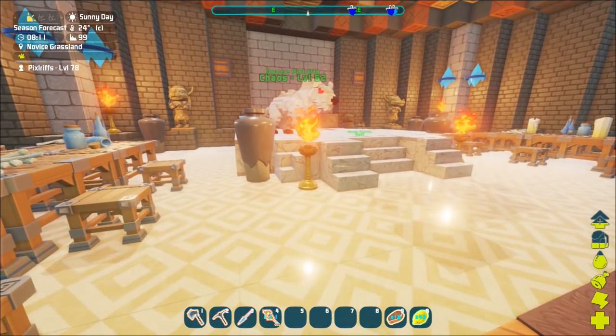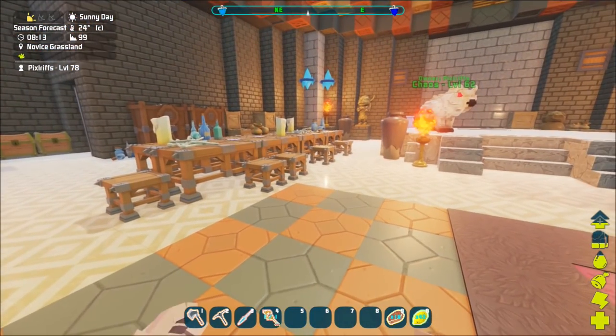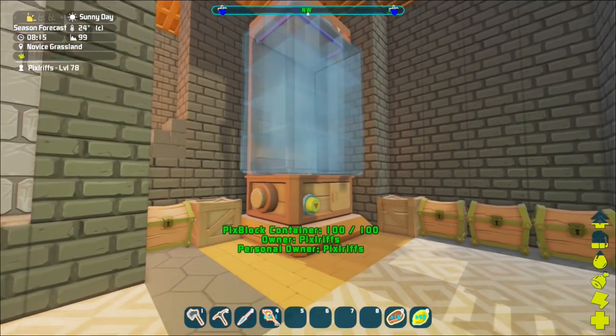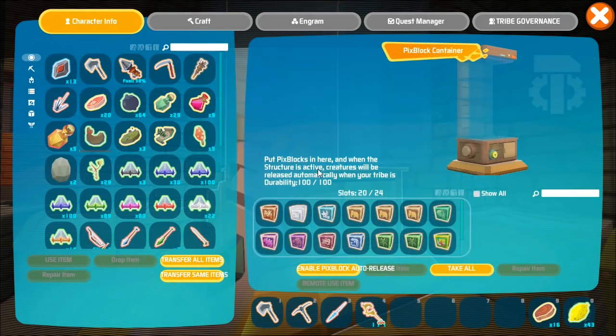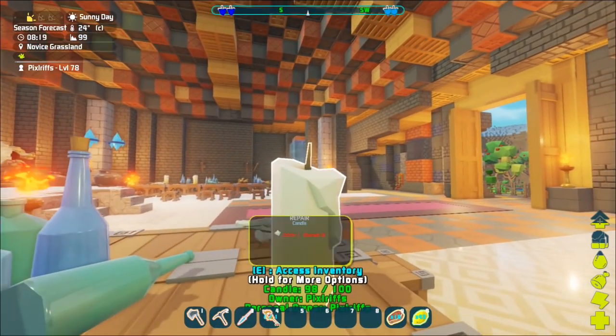Those you can find in those pyramid ruins in the golden biomes and deserts. Very useful. I recommend those wholeheartedly. But in here we also have the Pix block containers, which I use to store all of my dinosaurs. Now, don't be fooled by the fact that this looks a little bit empty. It is getting very full in here, and I have another identical one on the other side that has some